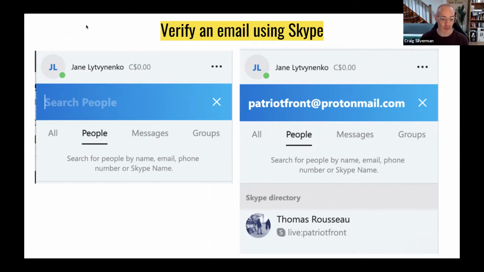Somebody might be really careful, not have a lot of photos of them online, not have their real name connected to this email address, but maybe they set up a Skype account a long time ago and they forgot, and it actually has their real name or a photo of them connected to the Skype account. So always take an email and run it through Skype.